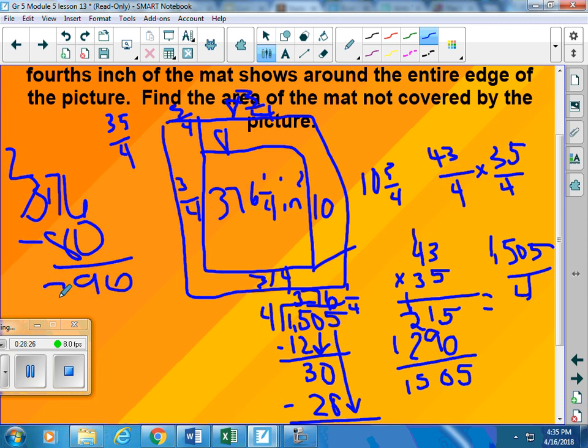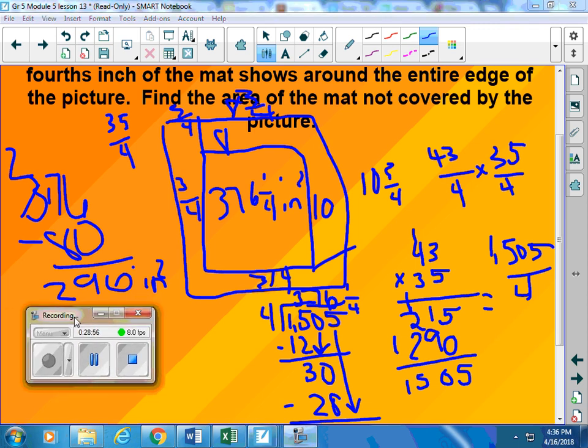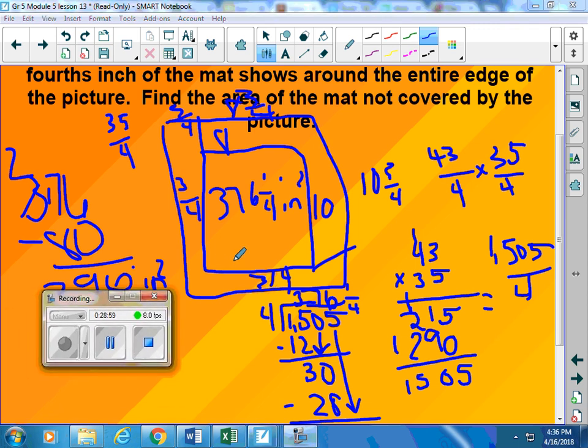Wait, it is 9. That seems like a lot of inches. So I'm thinking that that cannot be reasonable. So I'm going to come back and I'm going to check my math again. 1043 over 4. All right, so let's see what happens if